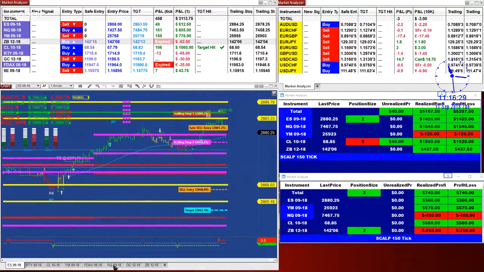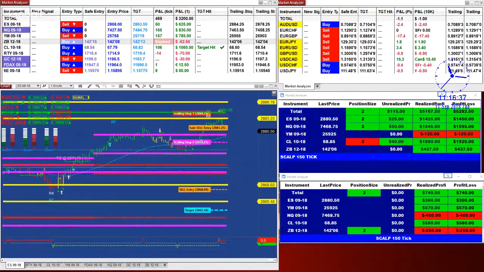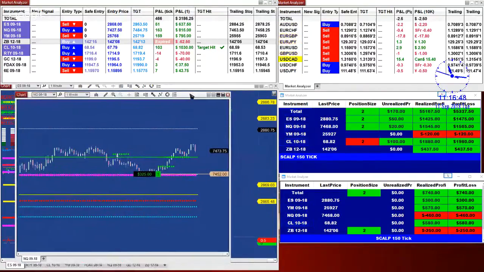Look at those ones here at the bottom, the NT8 is not letting me change them. You see that? I cannot change the chart. So that's why today we need to. So I'm going to leave this Nasdaq trade,